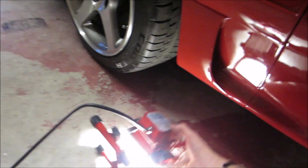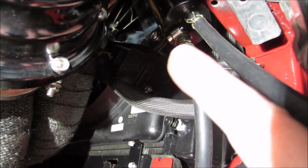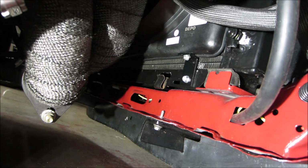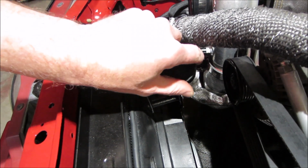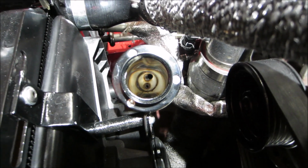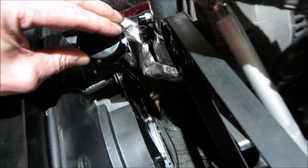Let me grab this light. Put the light under the car here. Slide underneath the car. I don't have it up on jack stands, so this is going to be fun. Alright, right here's the tank right there. Right here's the hose for the overflow to run out. Right here's where it comes out, goes into the core support, goes over, comes back up. All I need to do now is just add some coolant. I know it's not the ideal way to have it mounted, but something, like I said, is better than nothing. And you see down in there, it'll fill up till it gets to this tube here, and then it'll run out that one onto the ground. So yeah,